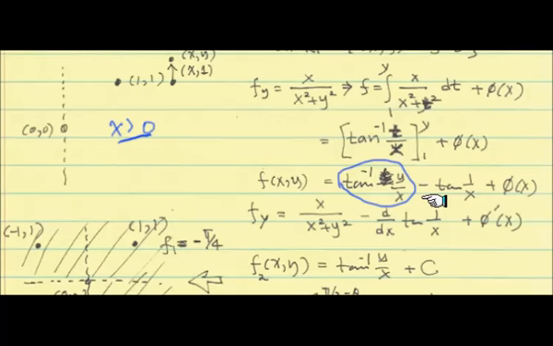So we have that. But as you can see, we're trying to put in an absolute constant that doesn't depend on x and y, so that it matches whatever we had before in f1, because we want to have a function that is consistent everywhere. So we have this function, negative tangent inverse of x over y. I wrote it there. This function here is valid across the second quadrant and the first quadrant there.